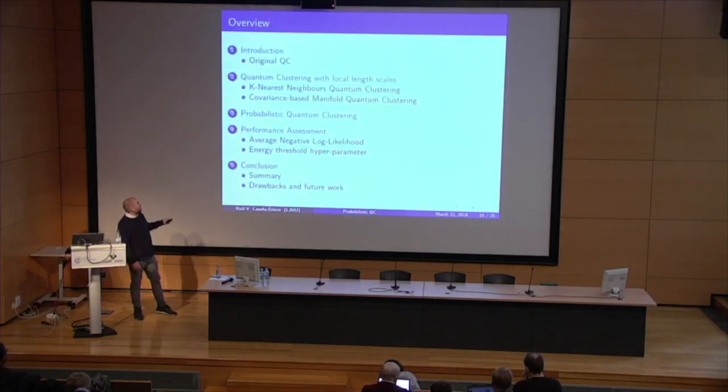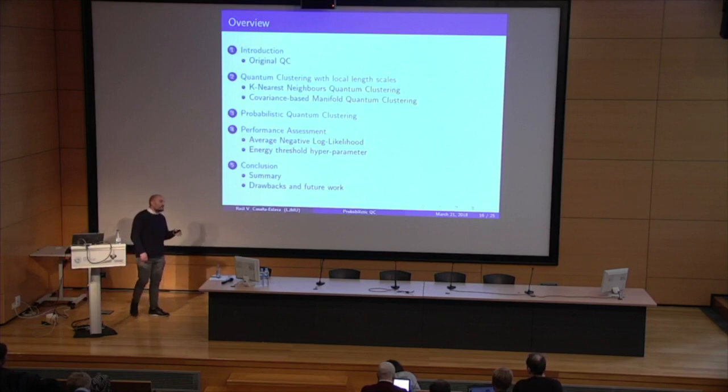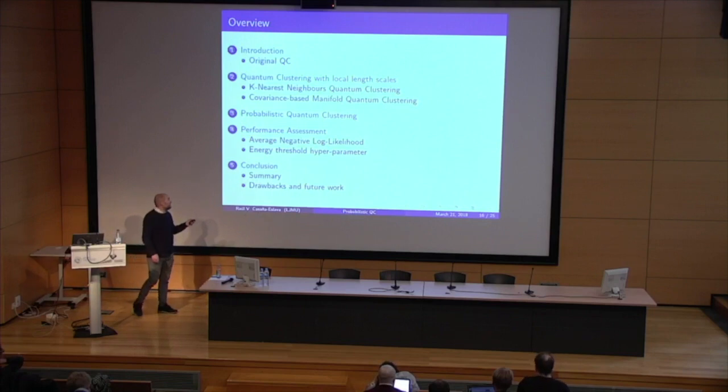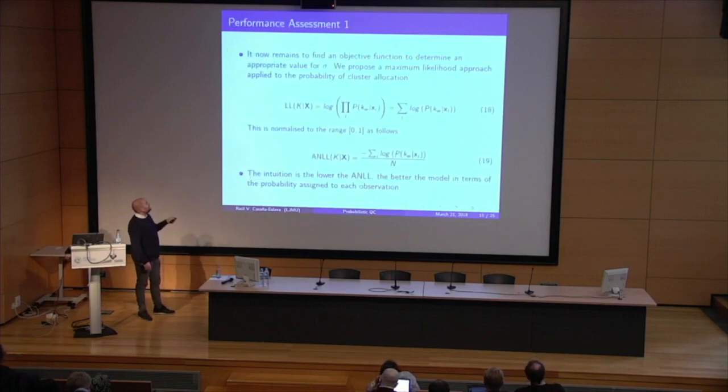So we have our probabilistic framework, and now we need to introduce some kind of function that helps us decide which is the best length scale. In the first section, we solved the problem of the length scales with heteroscedastic data, but the problem of selecting the optimal length scale is still pending. That can be solved because it's a probabilistic framework. We can play with the log likelihood function.